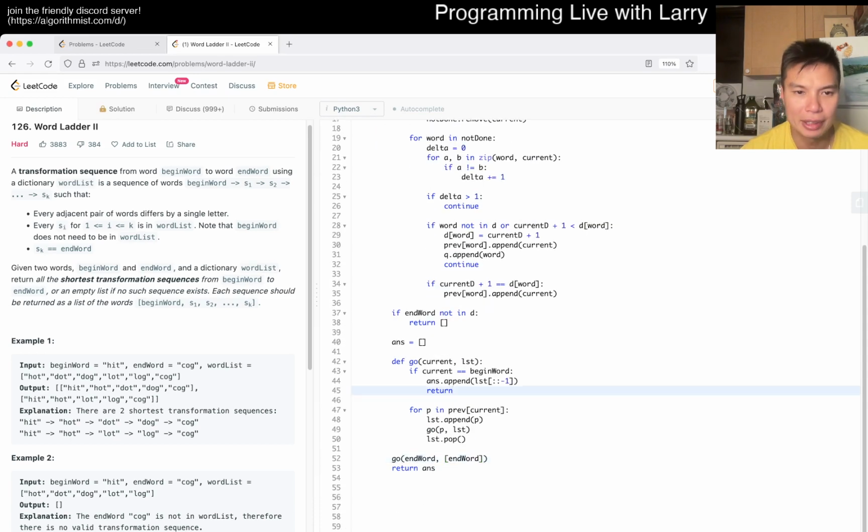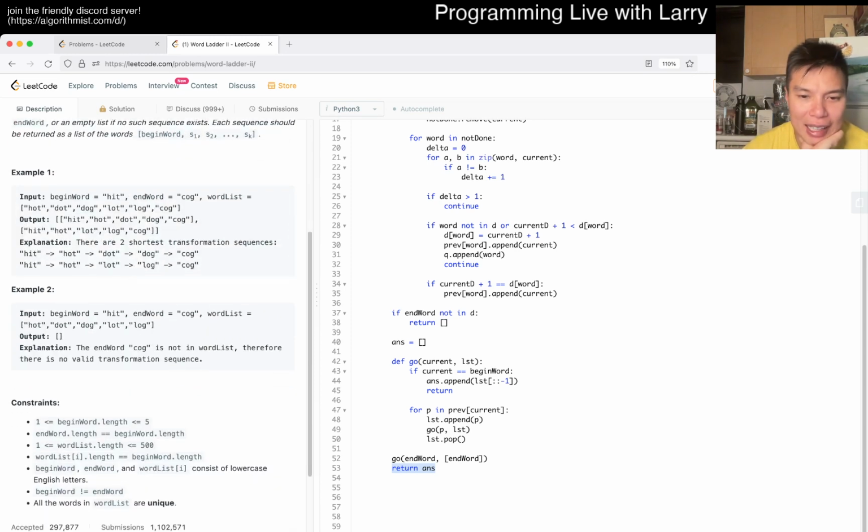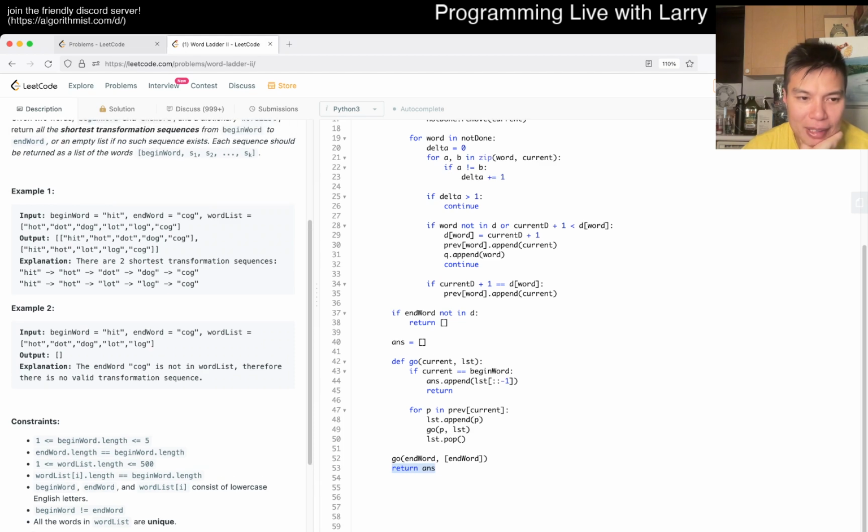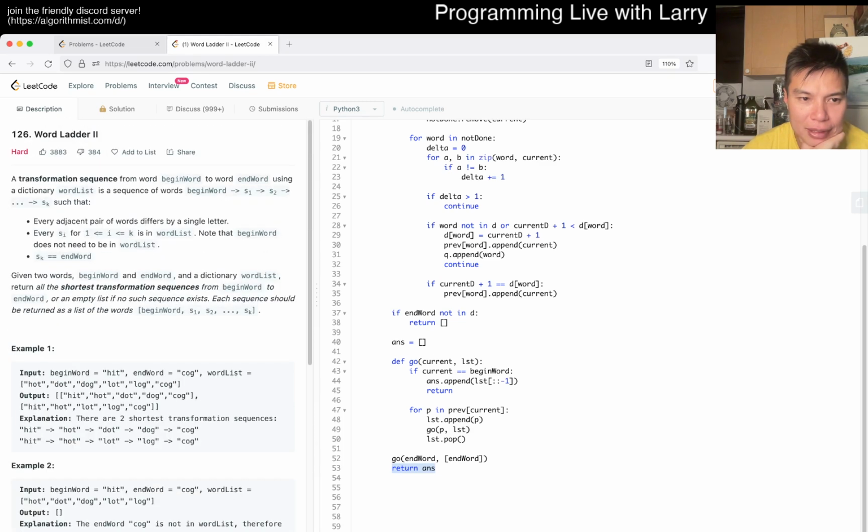So what is the complexity here, right? Noting that when you have to output the word list, it is going to be at worst. Let's see, what is the worst case? I don't know if I can construct a case.